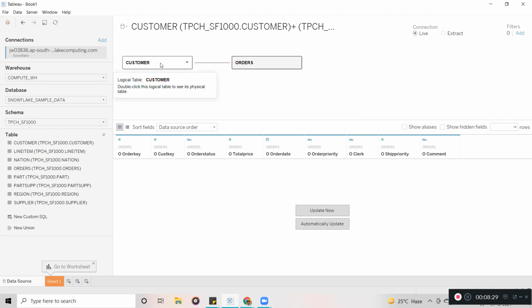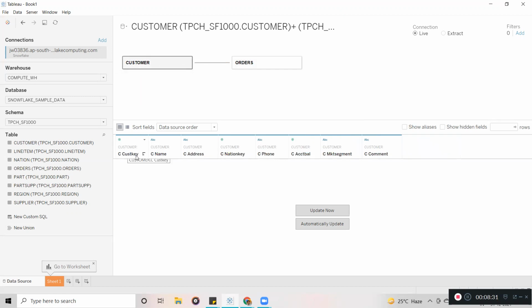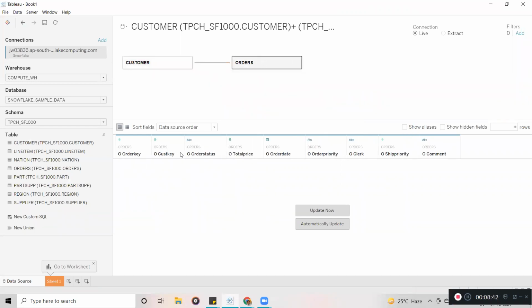Now you can see if I click on the customer table, whatever columns we have in the customer table, only those fields it is displaying. When I click on the orders table, you guys can see only the columns available in the orders table are displaying. Means the data is going to be stored at individual table level.